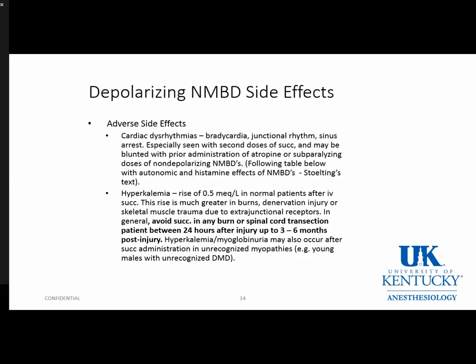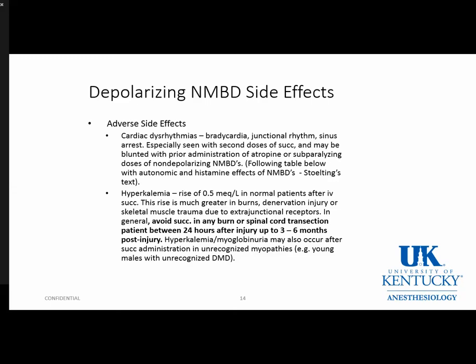Hyperkalemia: it's important to know that a dose of succinylcholine will cause a rise of 0.5 milliequivalents per liter in normal patients after intravenous succinylcholine. This rise is much greater in burns, denervation injury, or skeletal muscle trauma due to extrajunctional receptors. In general, you want to avoid succinylcholine in any burn or spinal cord transection,